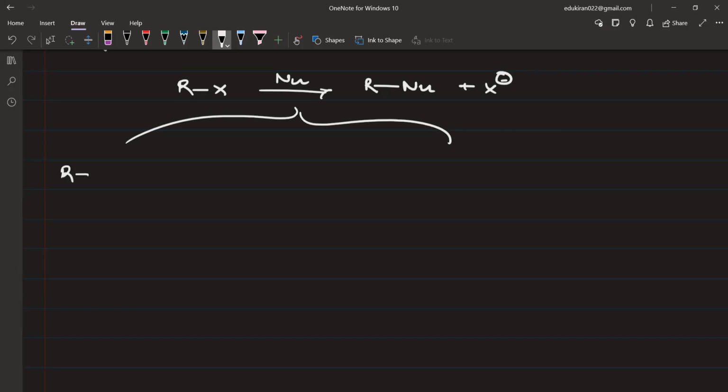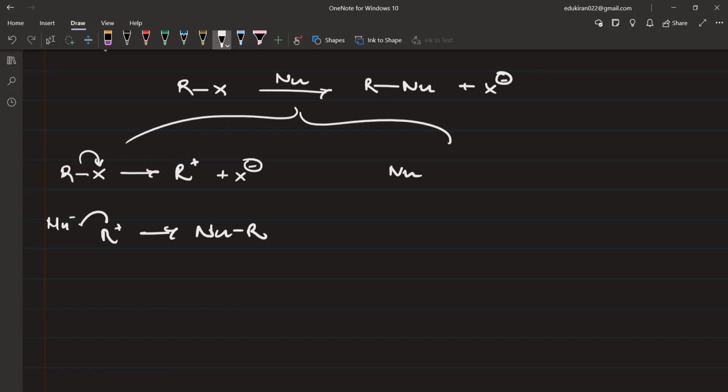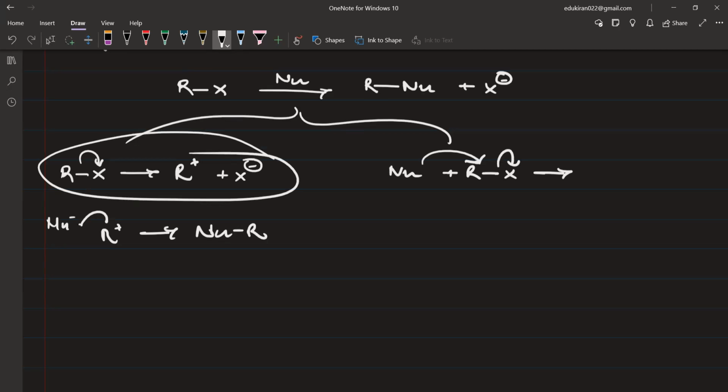It can either happen in two steps, in which RX, X negative is going to leave first, and then the nucleophile is going to attack on the carbocation, leading to the formation of the C-Nu bond. Okay, and in one case, what can happen? The nucleophile is going to attack on the carbon, and at the same time, the X is going to leave. This is a single step reaction. Now, on the basis of this, we saw that this reaction is majorly determined by this step. If this step is faster, that means the reaction is going to be faster. Okay, now that means